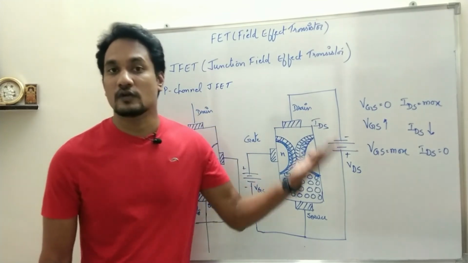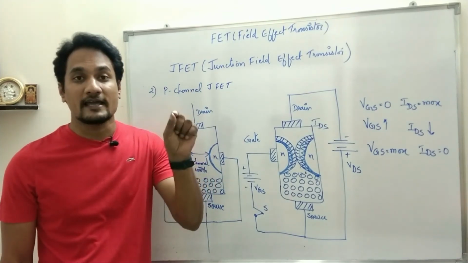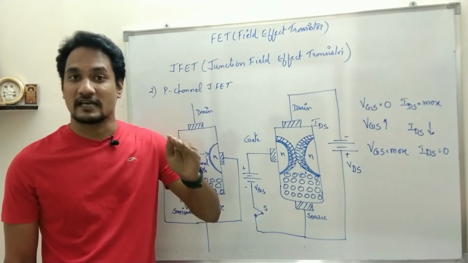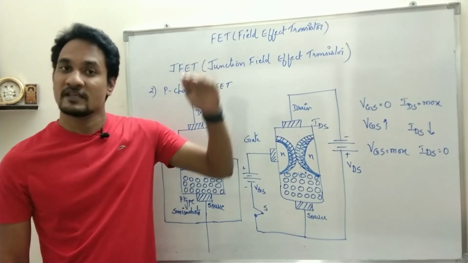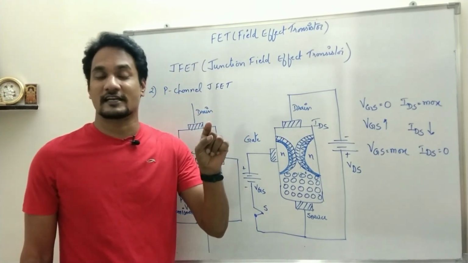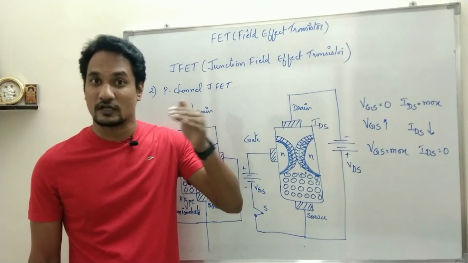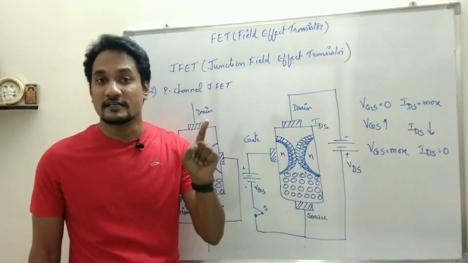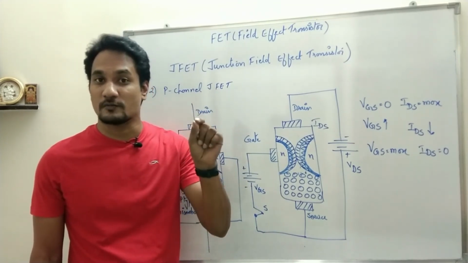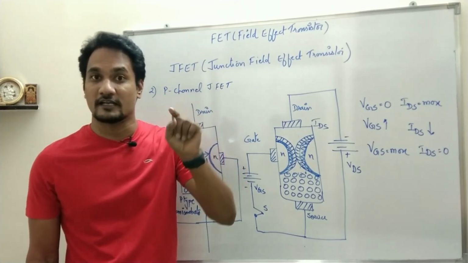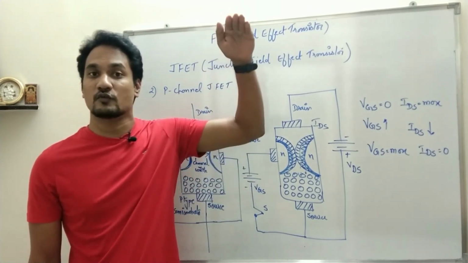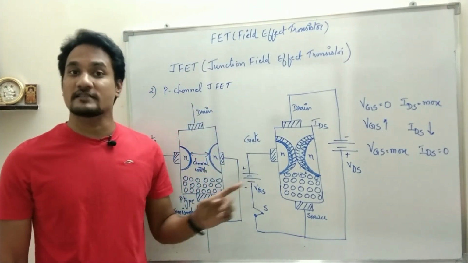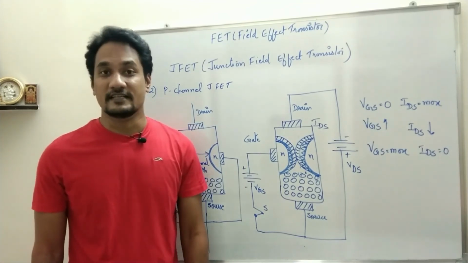Then, to understand the operation, you apply polarity to source and drain such that charge carriers will move from source to drain. If it is N channel, source is connected to negative, drain is connected to positive; the negative terminal will repel the electrons, which move towards the drain and get attracted by the positive terminal. If it is a P channel JFET, source will be connected to positive, drain to negative; the positive terminal will repel holes, which move towards the drain and get attracted by the negative terminal. That current will be called IDS, and the potential between drain and source will be called VDS.